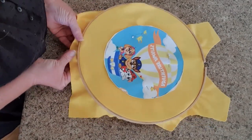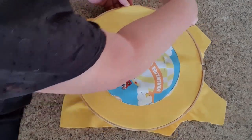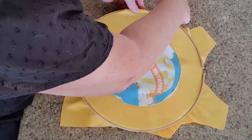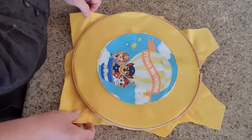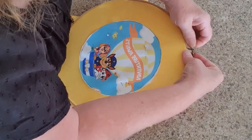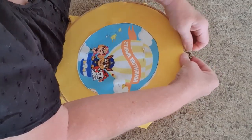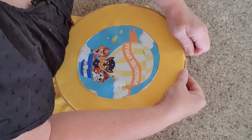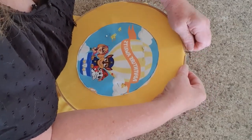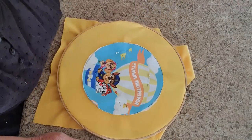So I'm just pulling that tight all the way around where I can. There we go. And now I'll tighten the hoop up to make sure that that stays in place. Okay, now let's go over to the...